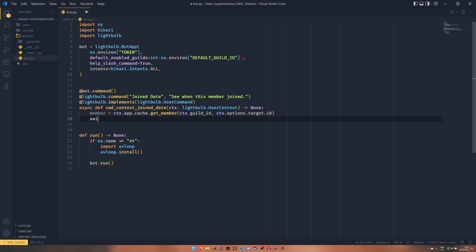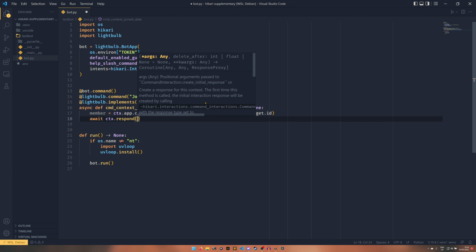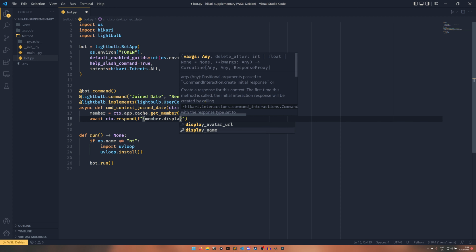And then we can do await ctx.respond. So this will automatically target the channel that's currently in view. So ctx.channel, for example, would be the channel that you're looking at the time. And then we can say that member.display name